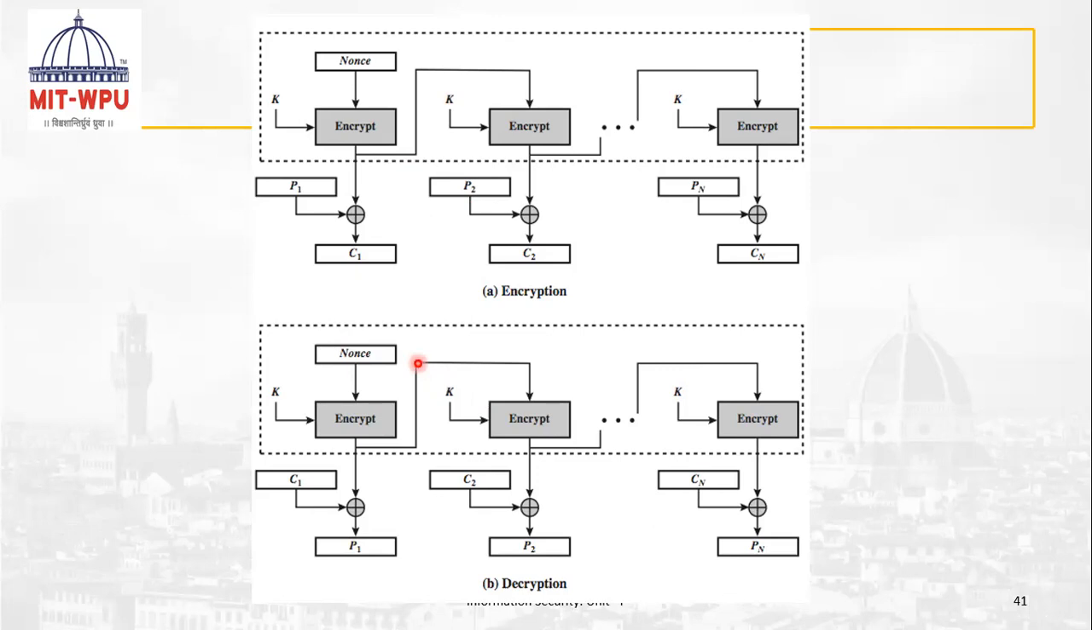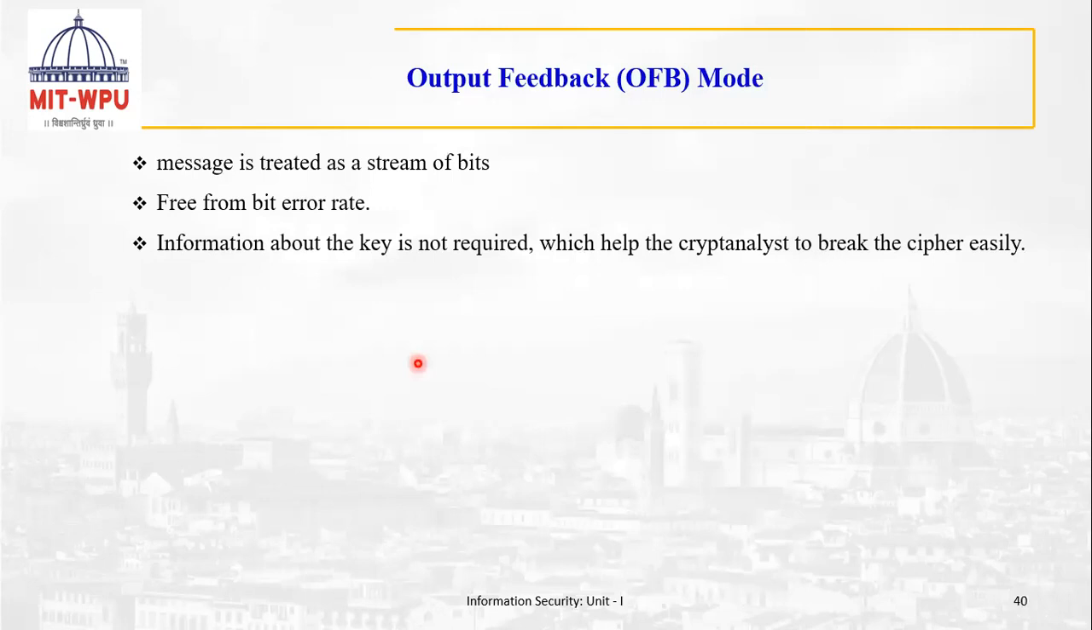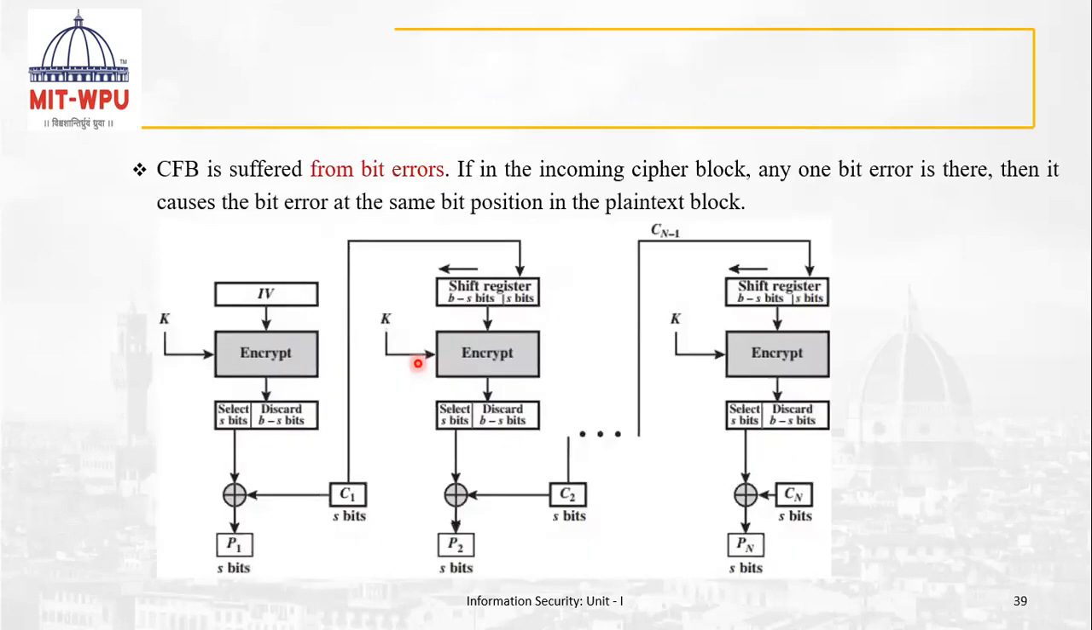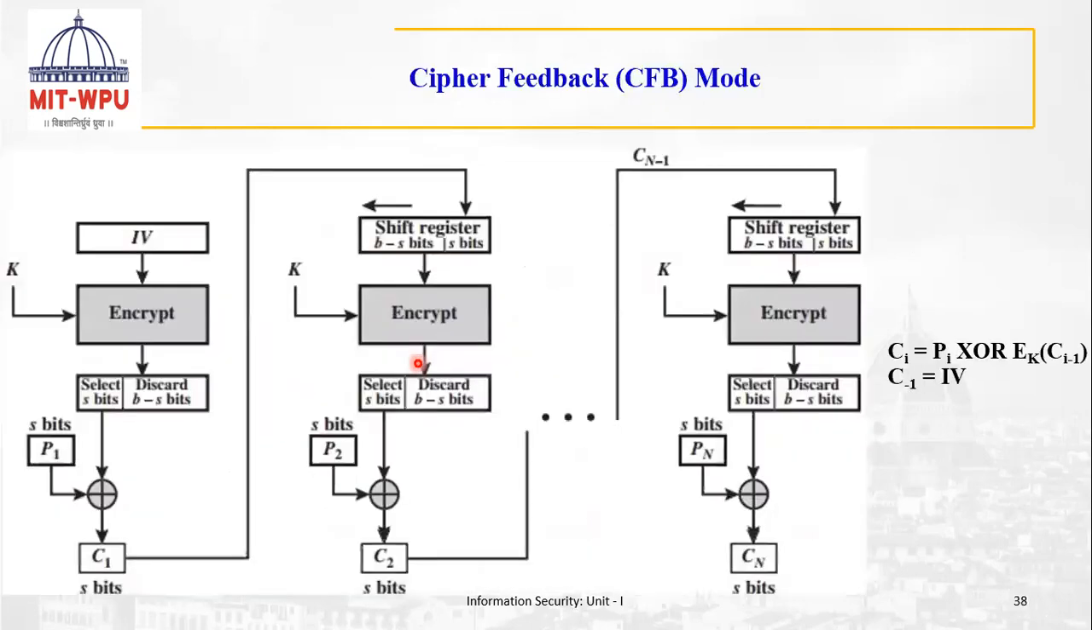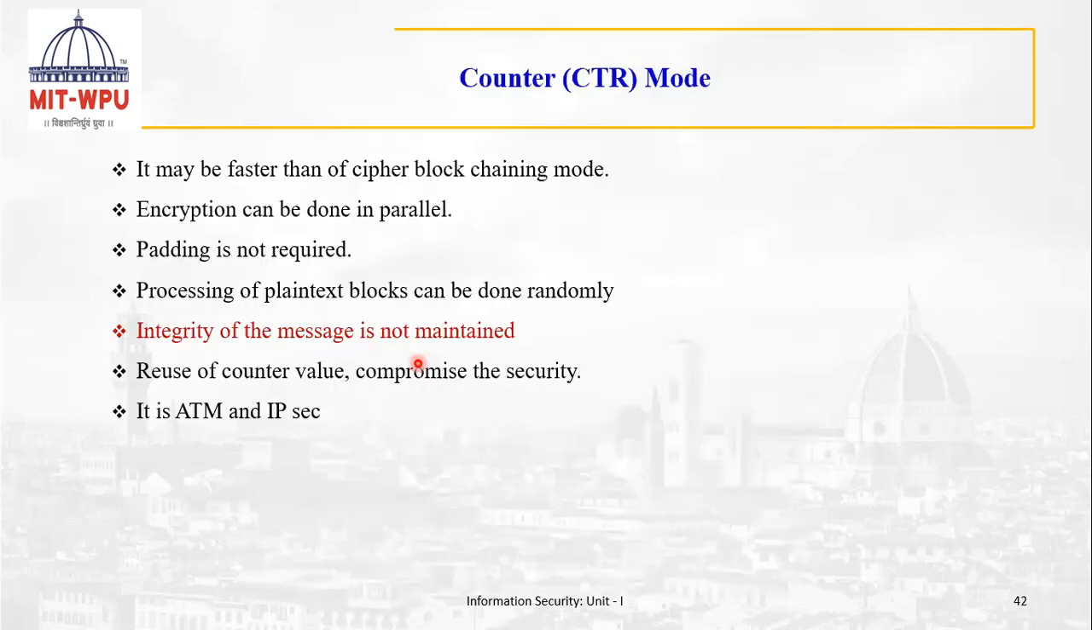It looks most similar in structure, but output feedback mode, or OFB mode, is more secure and easy compared to the cipher feedback mode, that is CFB. Then the counter method is used. Now we want this process to be as fast as possible. So how to make this very fast is to